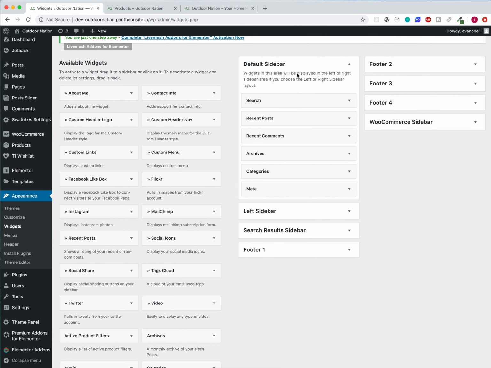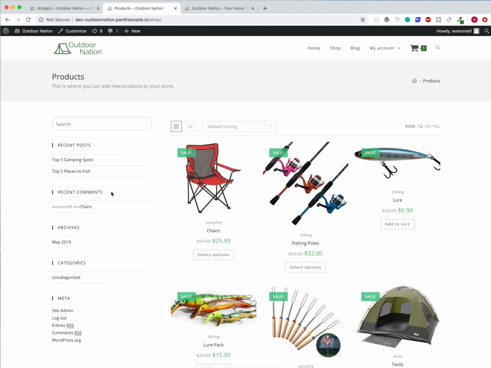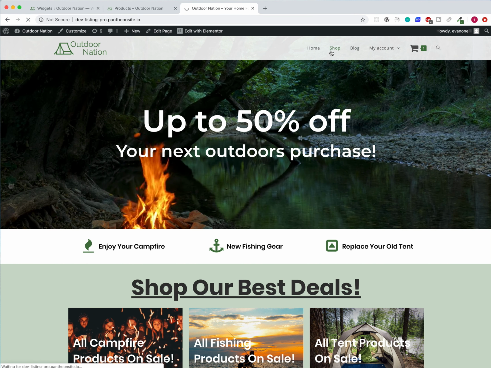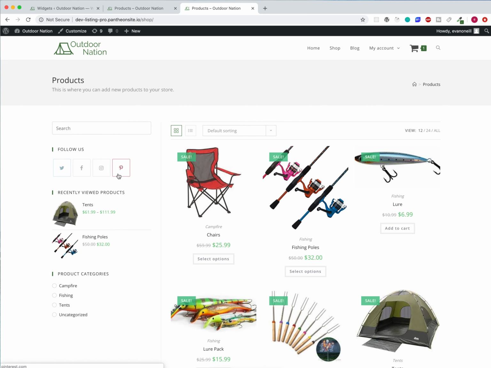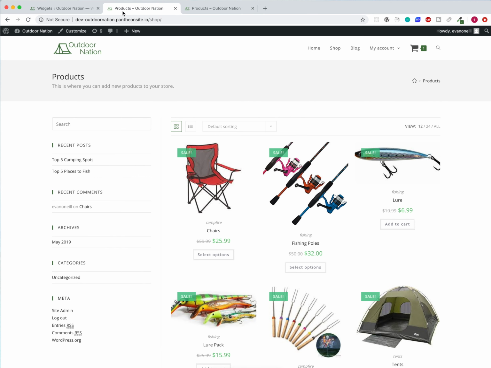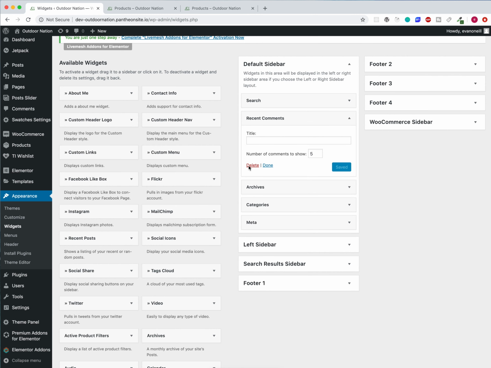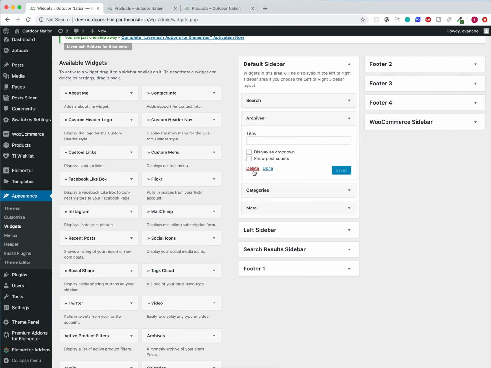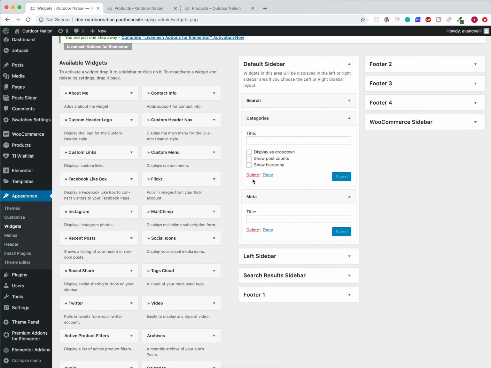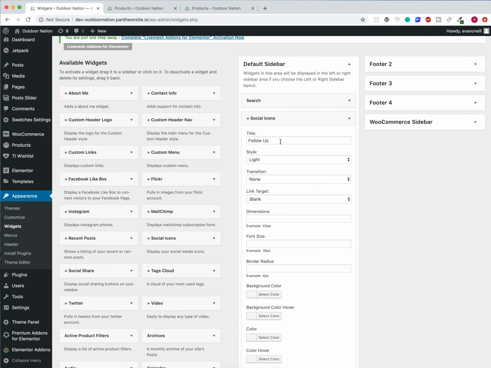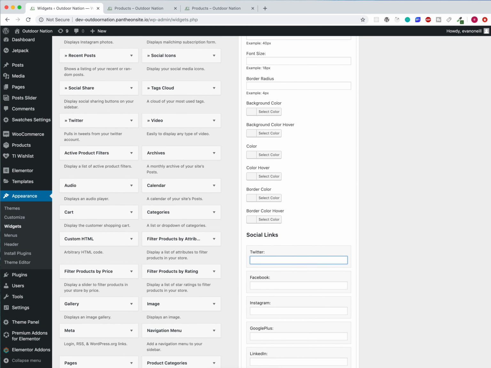Okay, so we have our default sidebar, and that's what we're going to see right here. So I want a search bar, maybe recent products. Let's see what we have on here. We have recently viewed, social media, and product categories. So I'm just going to get rid of all of these. Delete, delete, delete, oops, delete, delete. So we have search, we have social icons, and we're just going to do twitter.com,